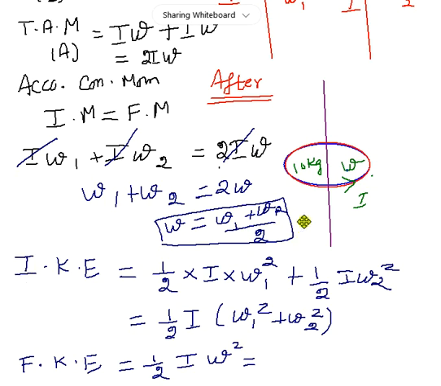Omega 1 plus omega 2 divided by 2. So we are going to substitute that value over here. When you do that, what is the answer you are going to get? Half I into omega 1 plus omega 2 divided by 2, the whole square. Omega 1 plus omega 2 the whole square is like a plus b the whole square, so we will expand it. Then the 2 you have here will become 2 squared, 4. So over here 1 by 2 is there, that will become 8, right? So that simplification only we will be doing now.